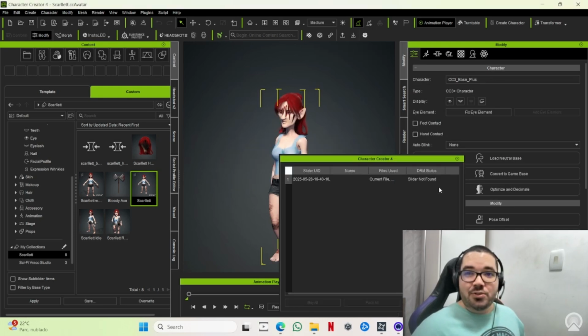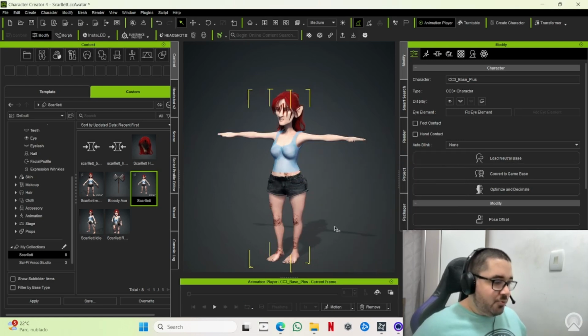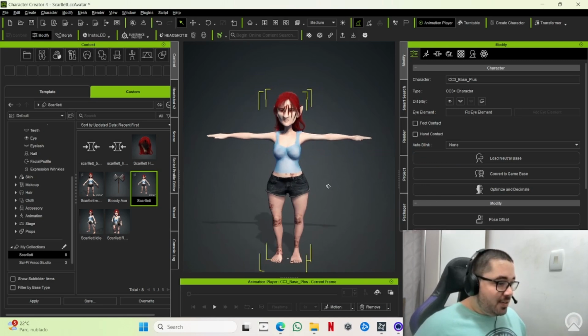If you guys don't know yet, I'm new to Character Creator as well, so I'm still getting used to everything, and these nuances are getting me crazy. So, jokes aside,